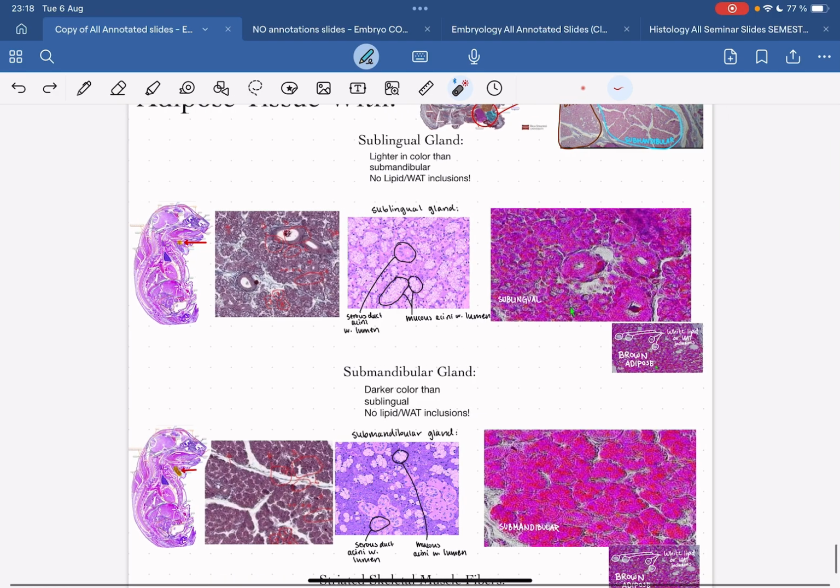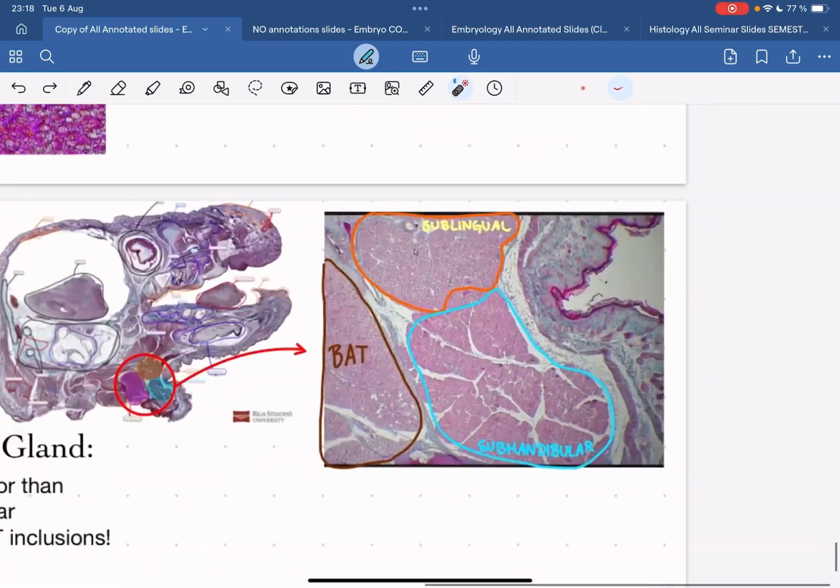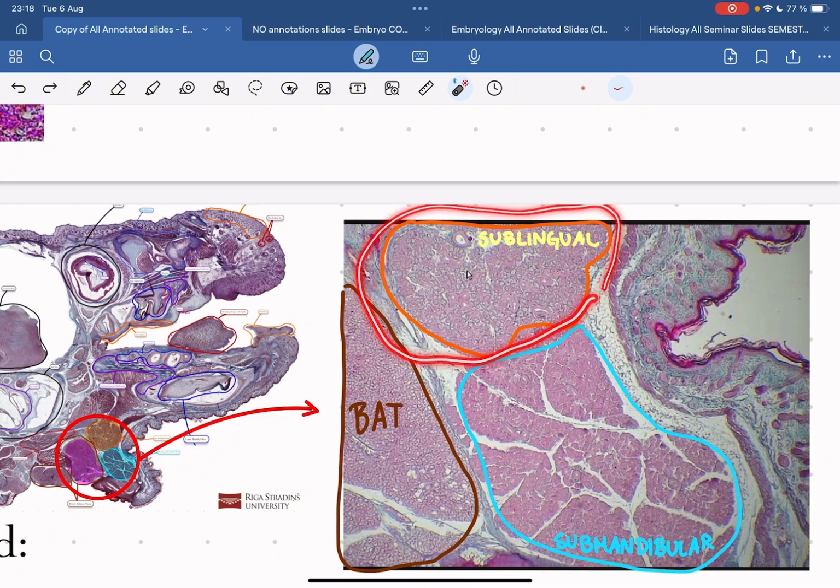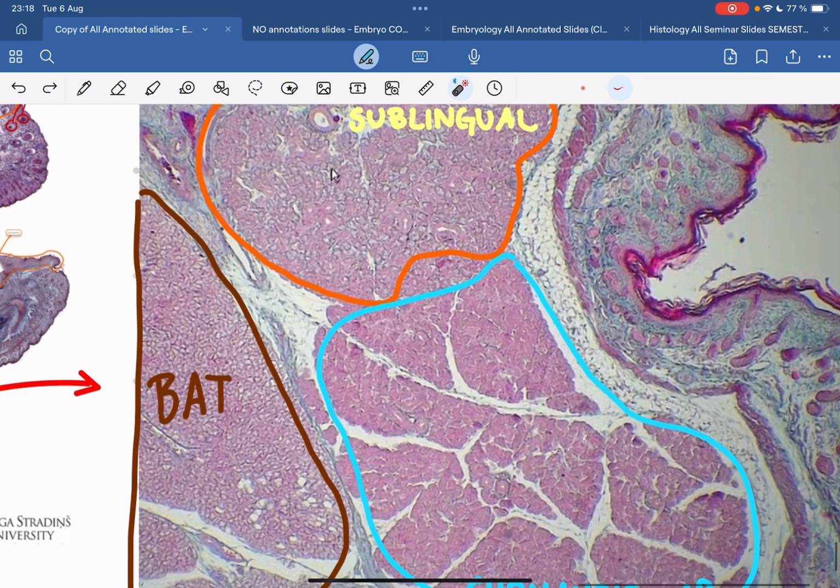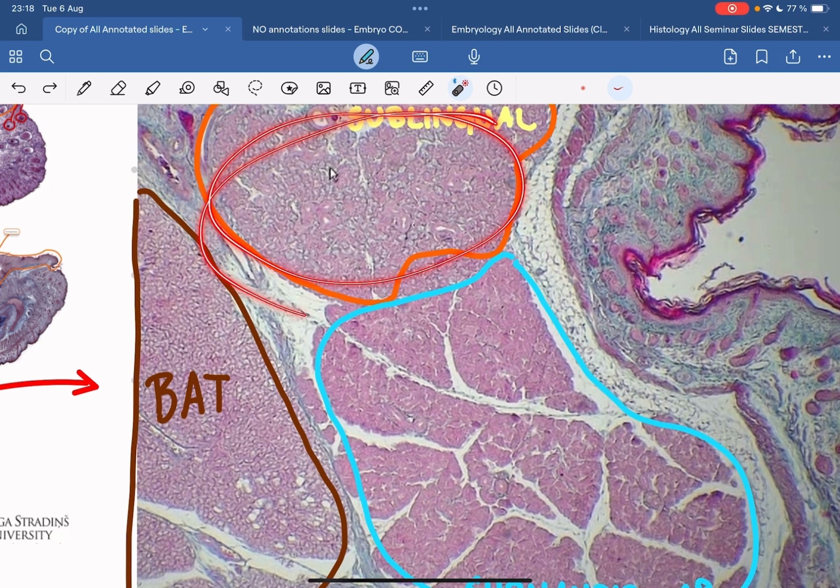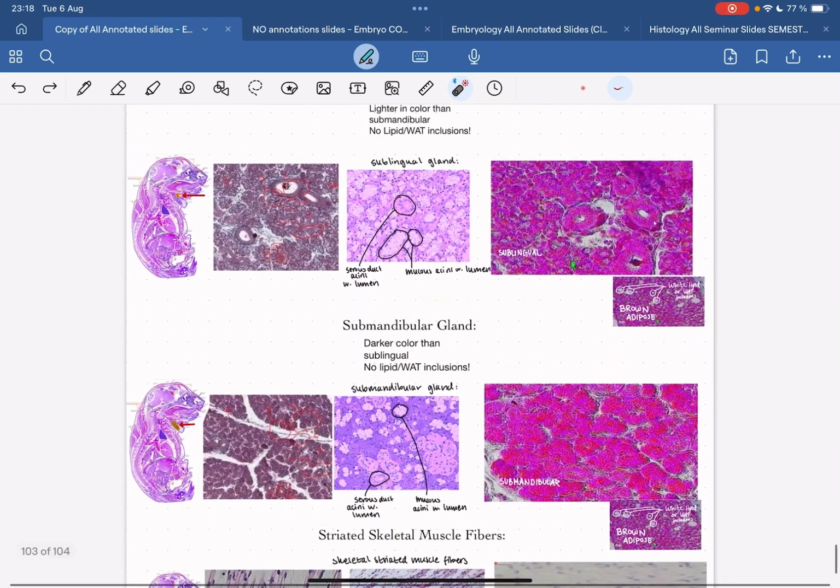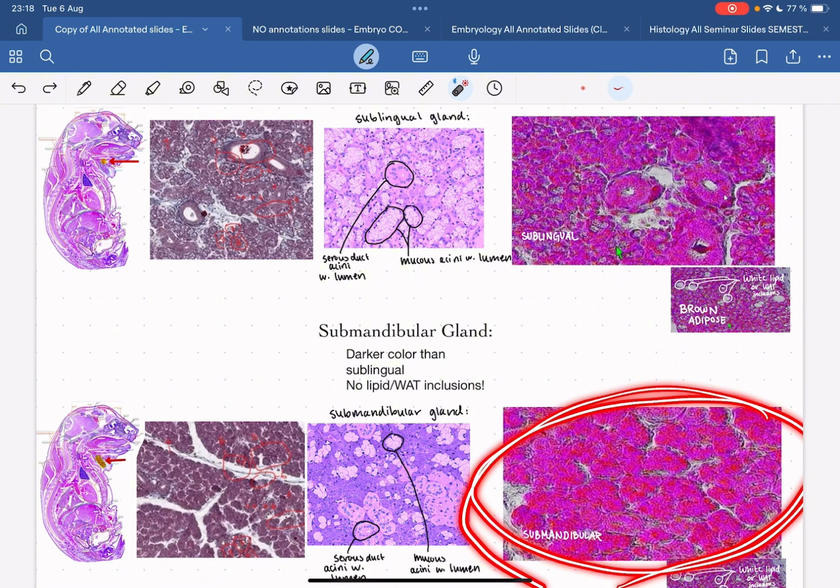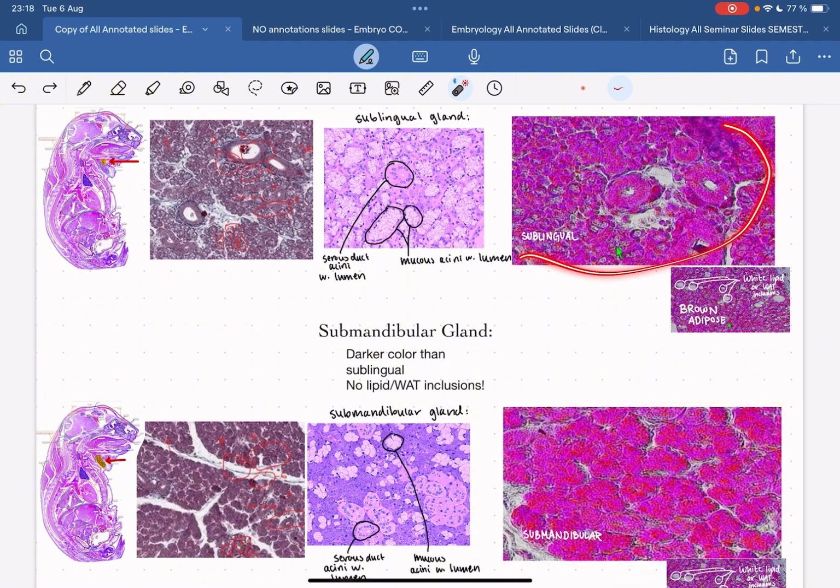But going back to the sublingual gland, I would say the most prominent differentiator between the sublingual gland and the submandibular gland is that the sublingual gland is a lot lighter than the submandibular gland. So if you see here, it appears almost bluer in color compared to this. So it's lighter, it's also less vibrant than the submandibular gland. If we look at it from this perspective, like I said, the submandibular gland is a lot more vibrant in color